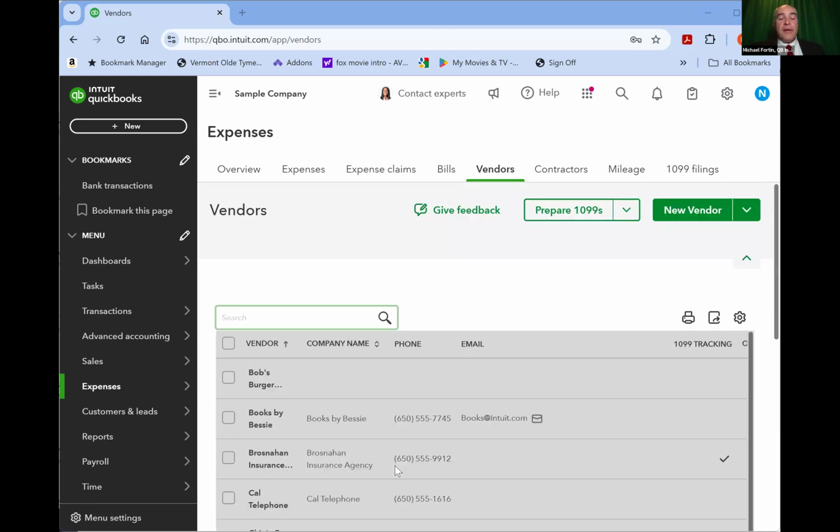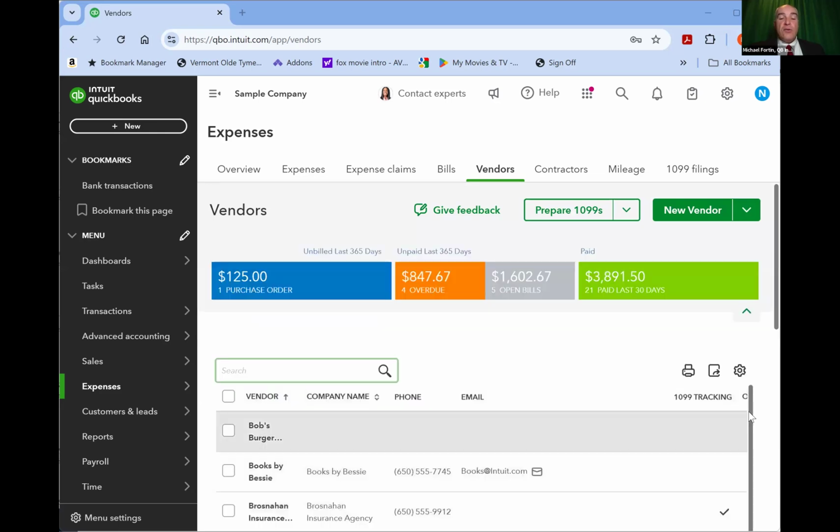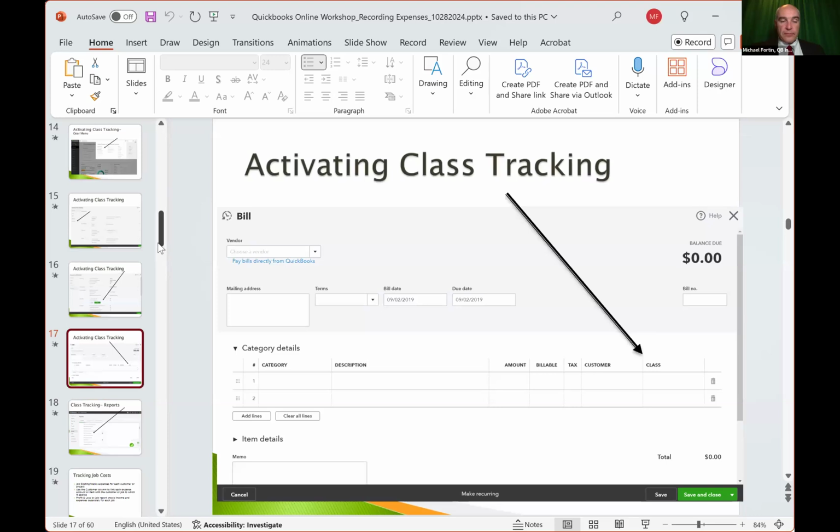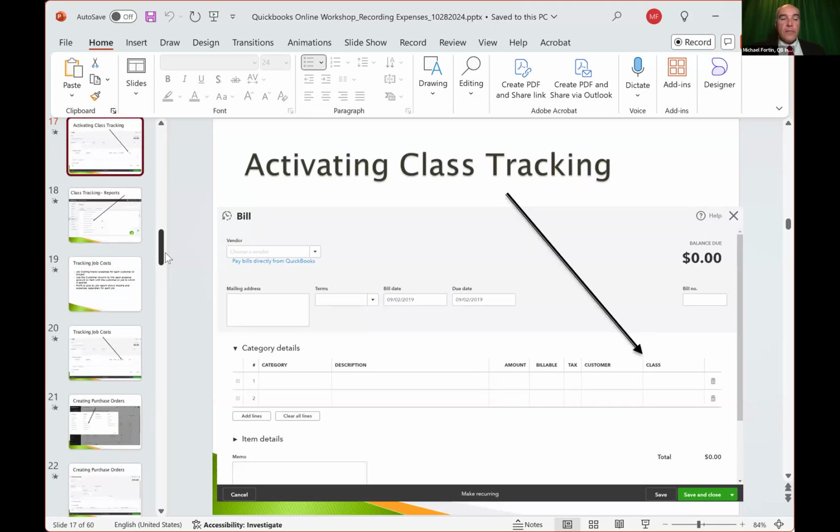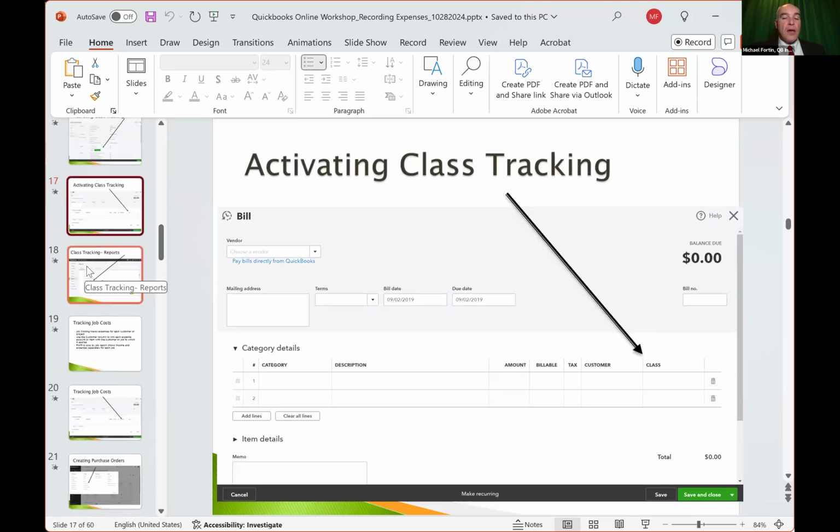So what's the benefit of turning on class tracking? What does that do for us? I'm going to go back to my slides here and show you. You'll see that on my slide, I now have a column that says Class.